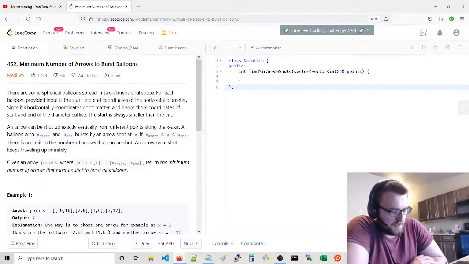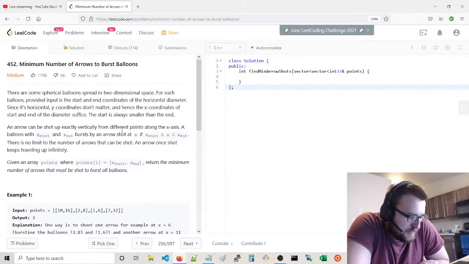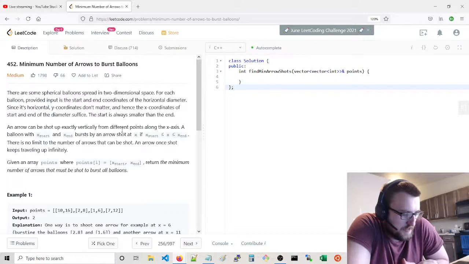So the y value also ascending. So sort on the x ascending and then sort on the y ascending. And the reason for that is, I think what you would do is you would look at if the next interval to the right overlaps with the first interval,